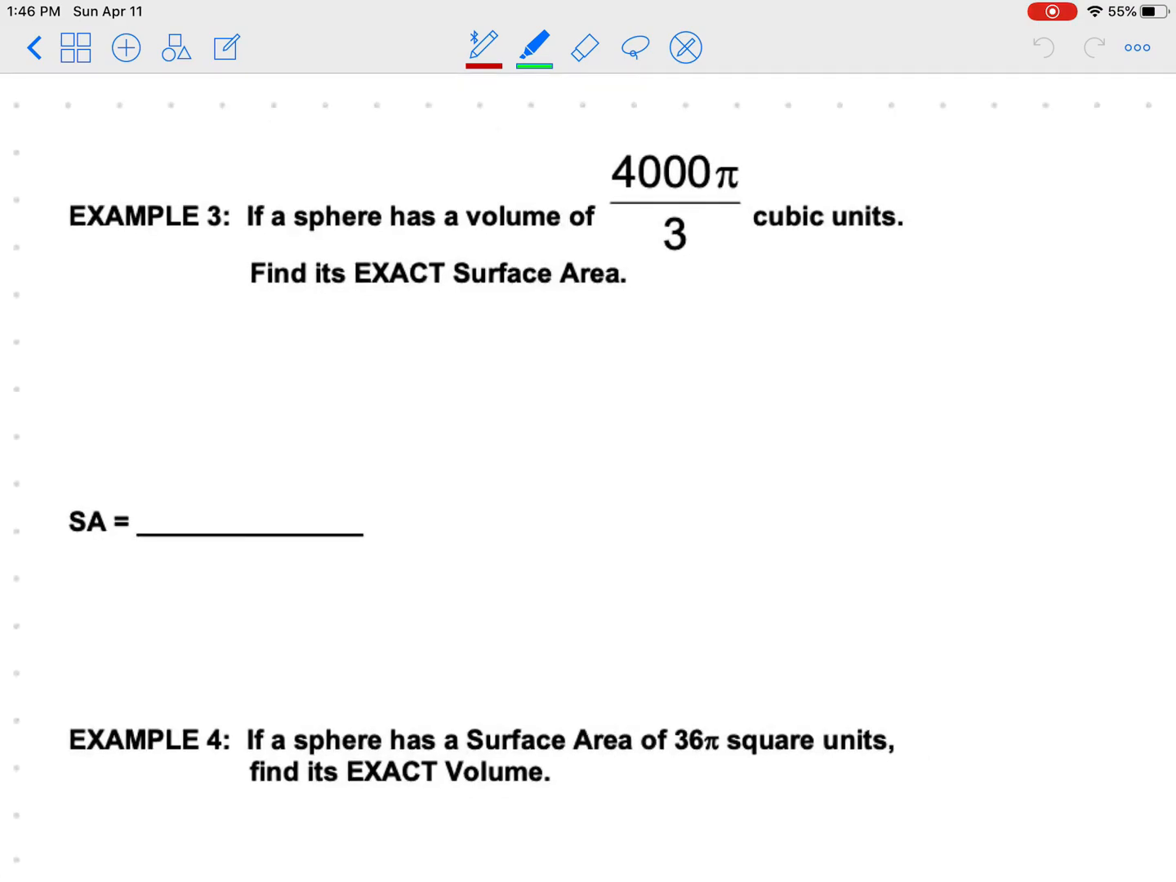All right, next one. So this one's a little different. Instead of being given the radius, we have to find it. They're saying that we have a sphere. We know the volume is 4,000 pi divided by 3 cubic units. Find the surface area. Well, our goal here is to find the radius so that we can find the surface area. So we're going to have to work our formulas backwards to be able to find the radius. So let's keep ourselves organized. Step 1,